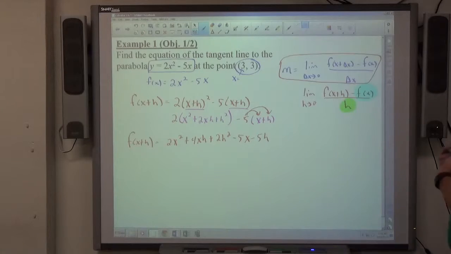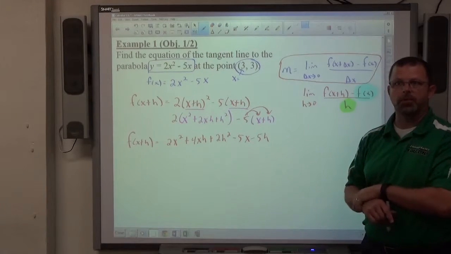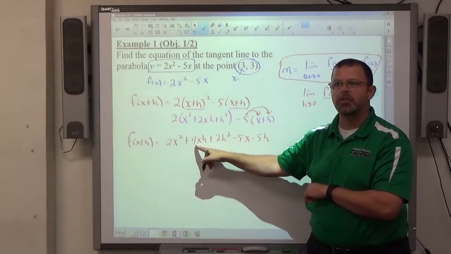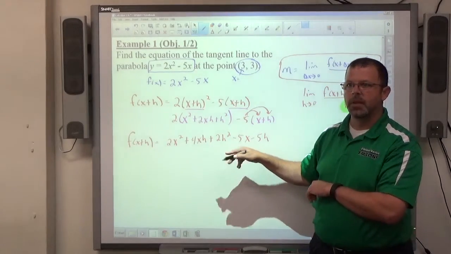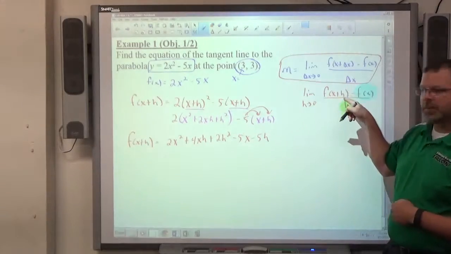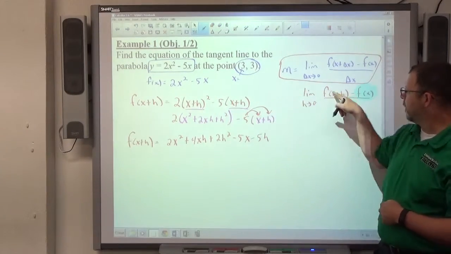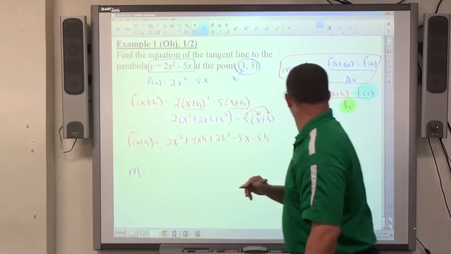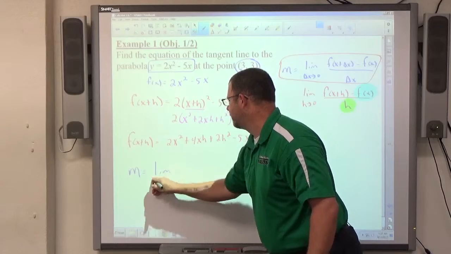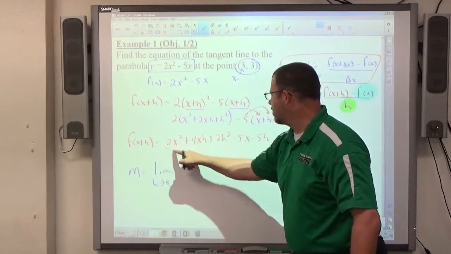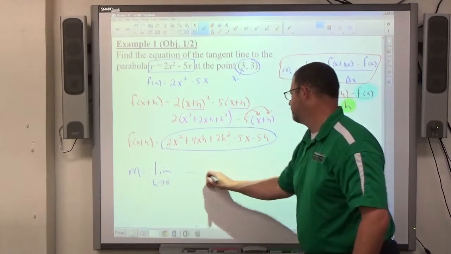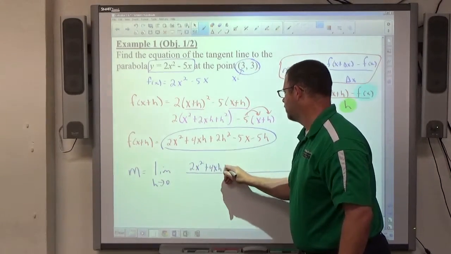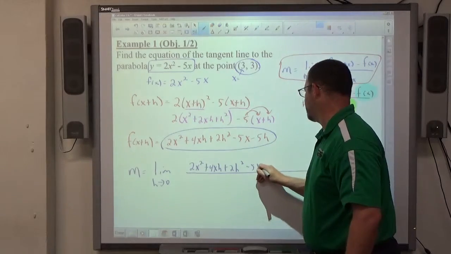So that's my first step in doing this problem this way. I write down what f of x is, I establish what f of x plus h is in simplest form, and then I write this definition with these things in place of these three things. So the slope is equal to the limit as h approaches 0 of f of x plus h, which is all this stuff, 2x squared plus 4xh plus 2h squared minus 5x minus 5h,